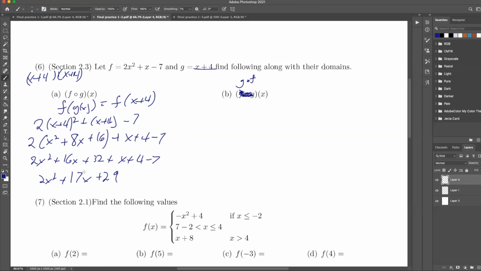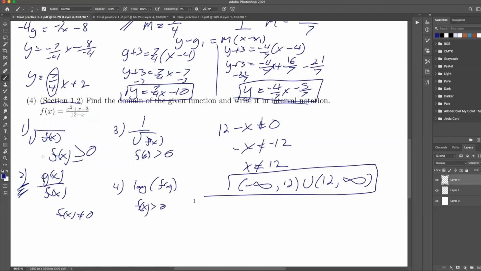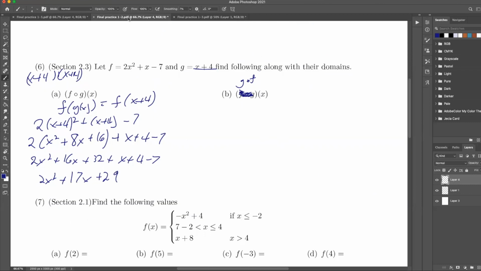All right. And notice this is a polynomial. And is the polynomial any of these ones? No. And so in this case, our domain is everything. And write everything in interval notation. It's just from negative infinity to infinity. Here we'll do this one